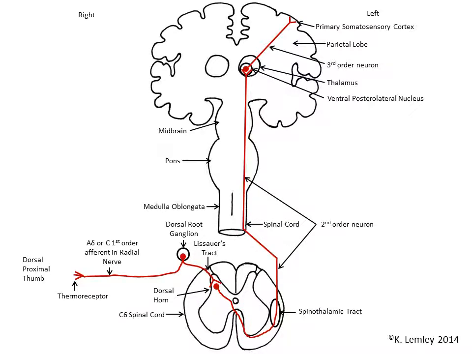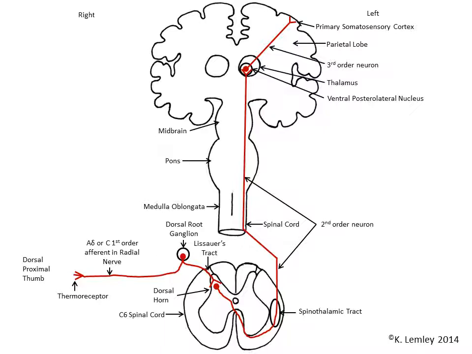Here we once again have my temperature pathway for a change in temperature on the dorsal aspect of the proximal thumb of my right hand. I have a thermoreceptor with an A delta or C first order afferent that's traveling in the radial nerve. It's entering the spinal cord at the C6 spinal cord segment and synapsing with the second order neuron in the